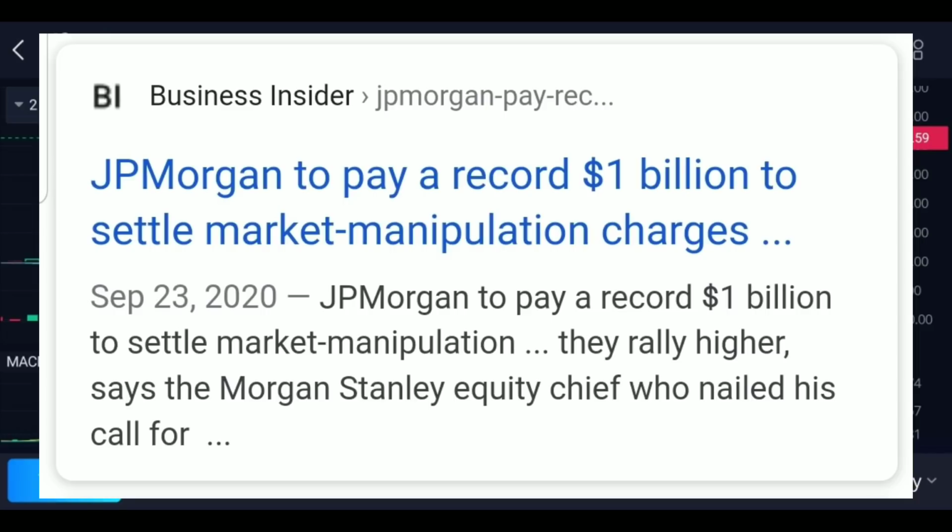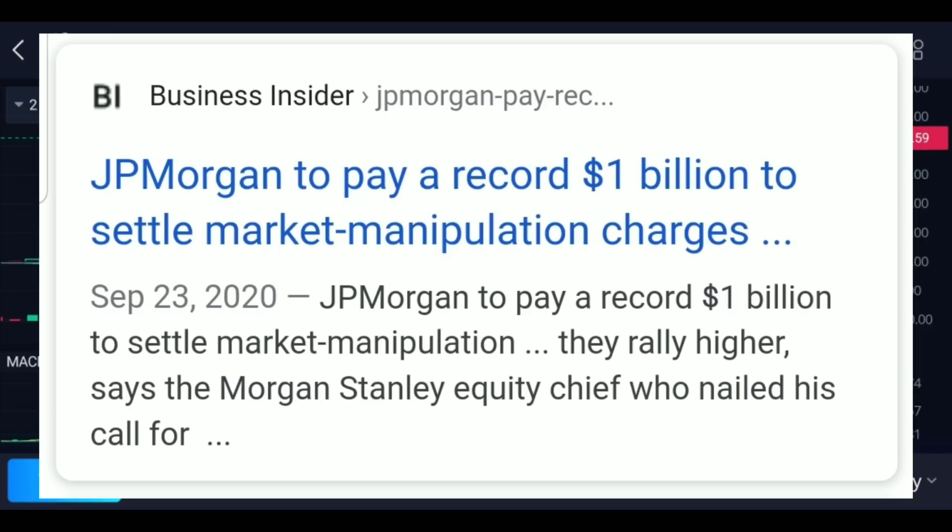Here's another example. JP Morgan to pay a record $1 billion to settle market manipulation charges. So basically, they're set to pay $1 billion to settle charges from U.S. regulators of spoofing in precious metals and treasury markets. And the payment would resolve investigations by the Justice Department, the Commodity Futures Trading Commission, and the Securities and Exchange Commission. The nearly $1 billion sum would be a record spoofing-related settlement and would more closely resemble past penalties for other forms of market manipulation. Now, this was a case from the U.S., in case you guys missed that at the beginning.